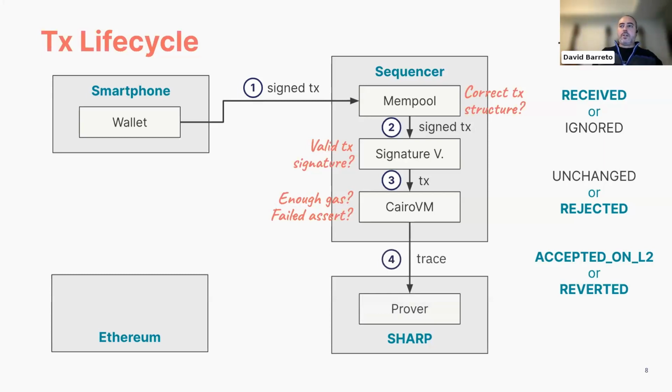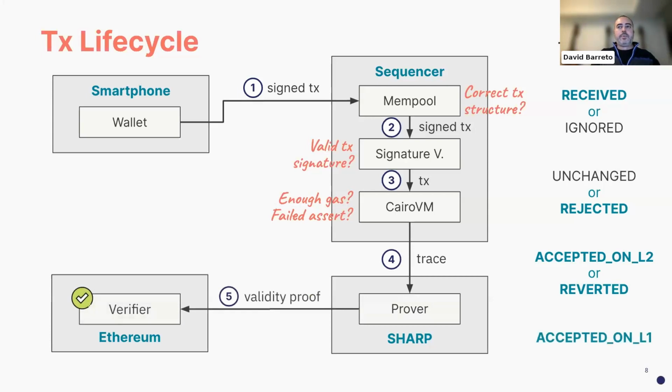Then obviously it goes to the prover, the trace, and from the prover, you create a validity proof, send to L1. And if that validity proof comes to be verified successfully, then the last status that transaction will get is accepted on L1. So as you can see, a successful transaction goes through the following states: received, accepted on L2,